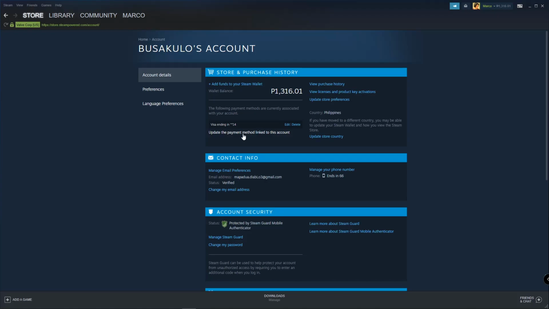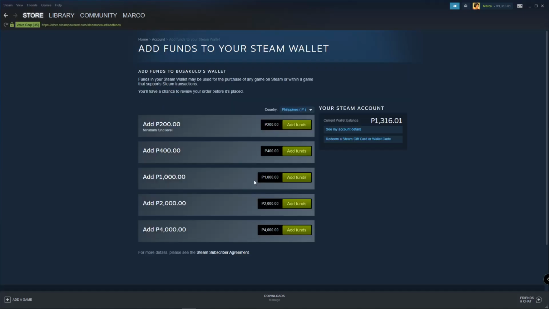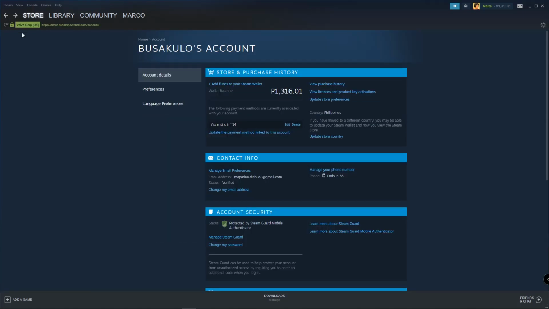Okay, choose. Then once you have your Steam Wallet funded, currently I have 1,316. Okay, this is the only money in my Steam Wallet. Anyway, guys, you need to add funds to your Steam Wallet. You can choose different amounts of Steam Wallet that you want to add. I'm using Philippine pesos. I also use Saudi Arabia's Saudi riyal. So you can also set that in your